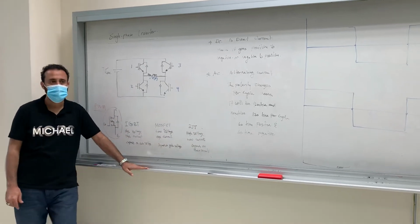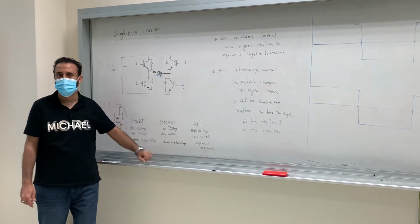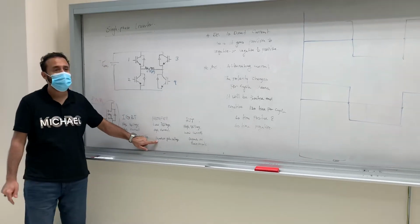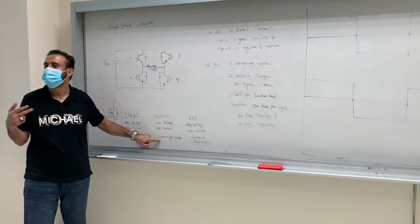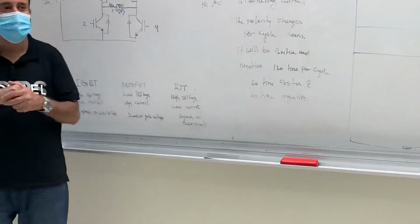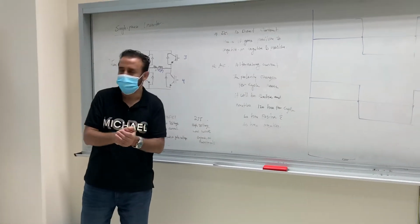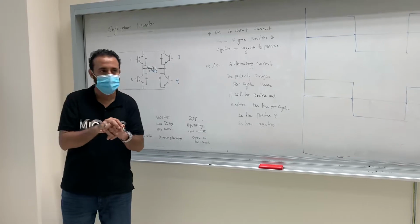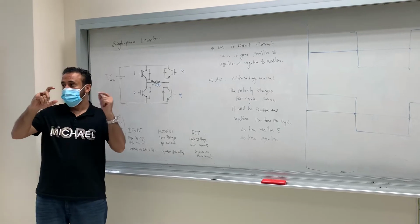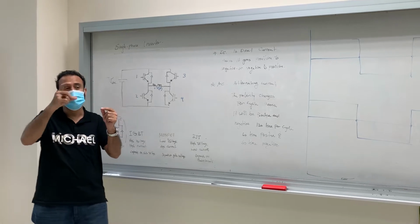Let's look at Mosfet, which we used in choppers, buck and boost. What's the good thing about this? Fast, okay? This is fast. It depends on voltage, so it works with voltage. What are the three legs? Gate, and drain and source. It works with voltage from the gate, but then the voltage between the drain and source